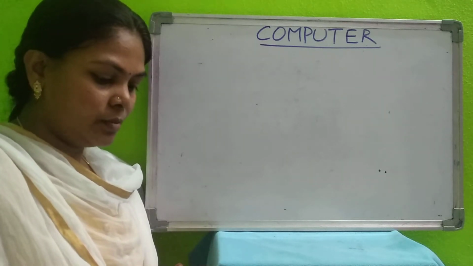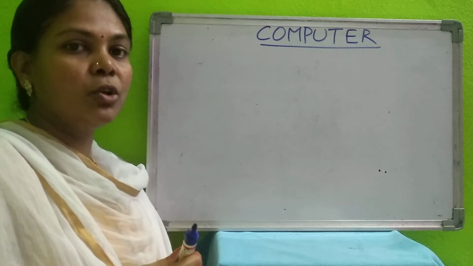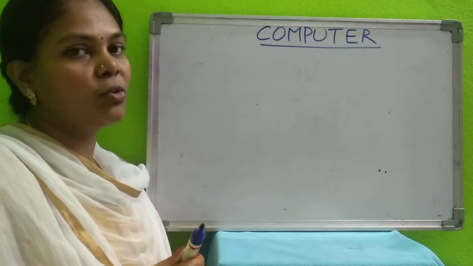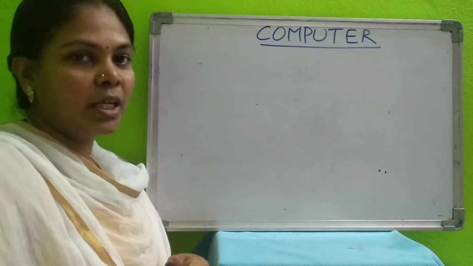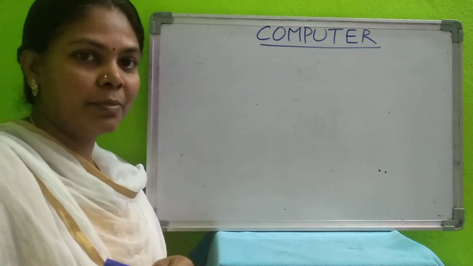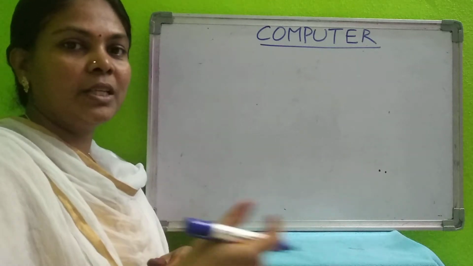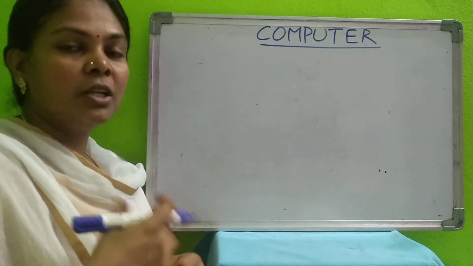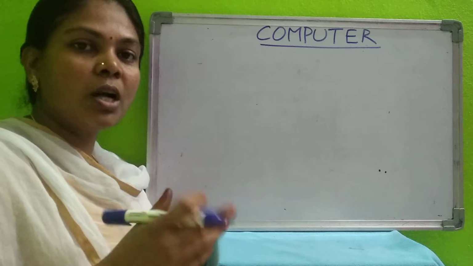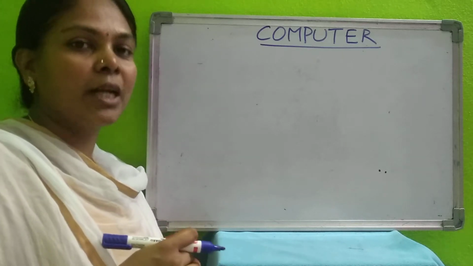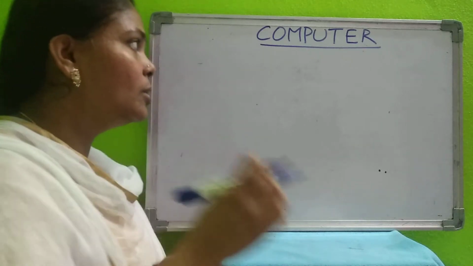Okay. Last class we learned about notepad. What is the use of notepad? To write information using the keyboard. Using the keyboard only, we are typing letters, numbers, and special characters. There we learned how to write the information. Today we will learn how to draw different shapes using different commands in MSW logo.